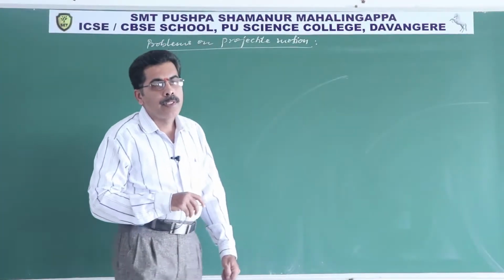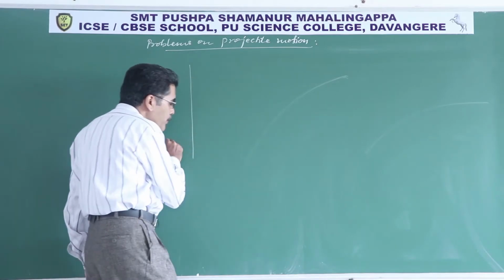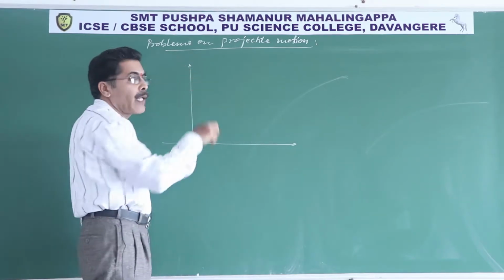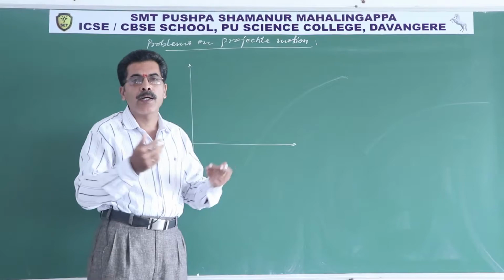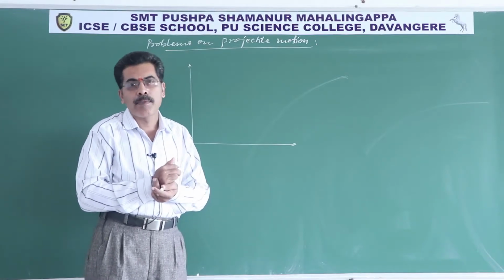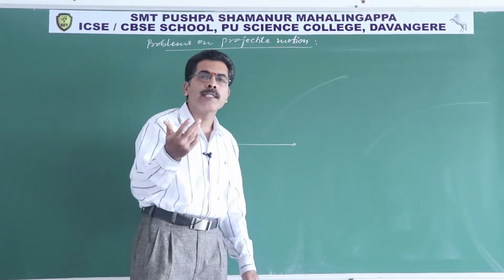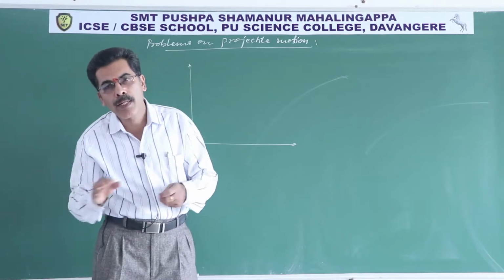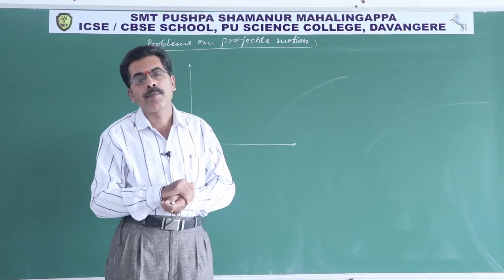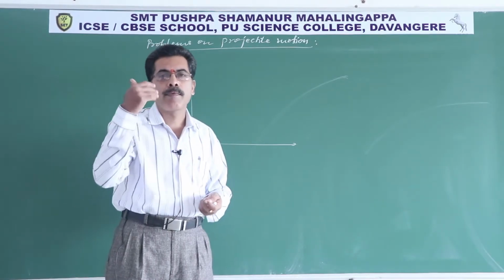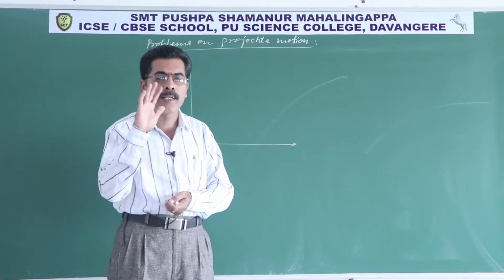Well, dear students, in our previous class, we have understood what is projectile motion and also derived the expression for the range of the projectile, the time of flight, and the maximum height reached by the projectile. An object which is given initial velocity in any direction and allowed to travel freely under the action of gravity is called a projectile. The trajectory of a projectile is found to be a parabola. The path traced by a projectile is always a parabola.